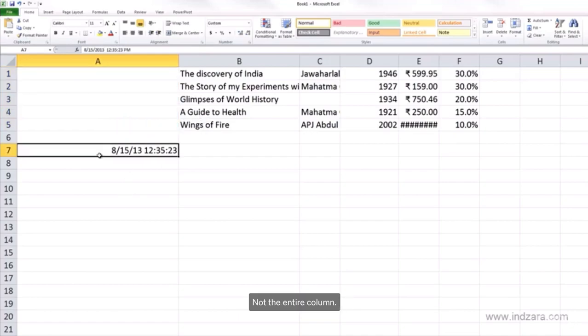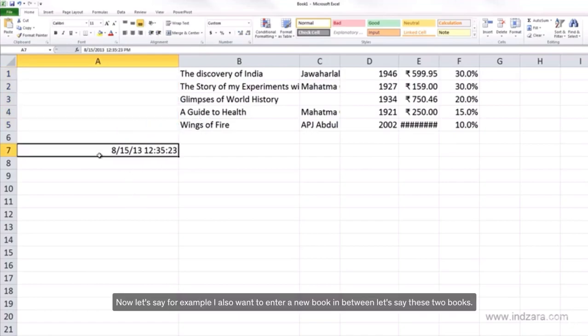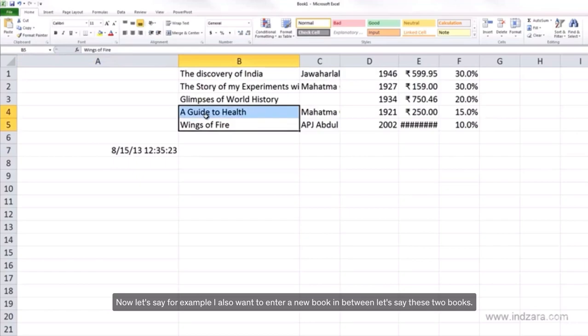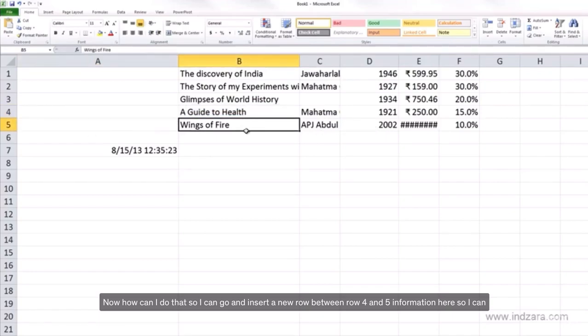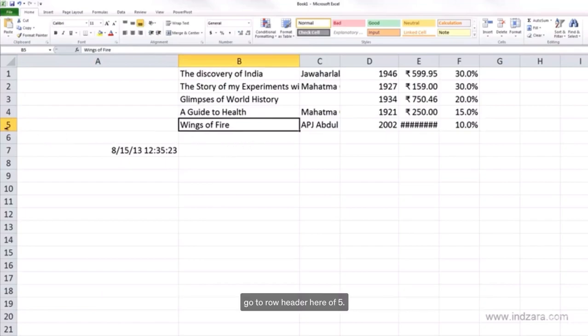not the entire column. Now, let's say, for example, I also want to enter a new book in between, let's say, these two books. Now, how can I do that? So I can insert a new row between row 4 and 5 information here. So I can go to row header here, row 5, right click,